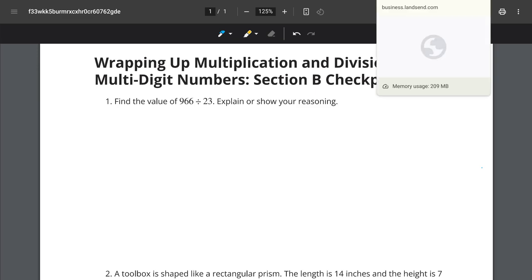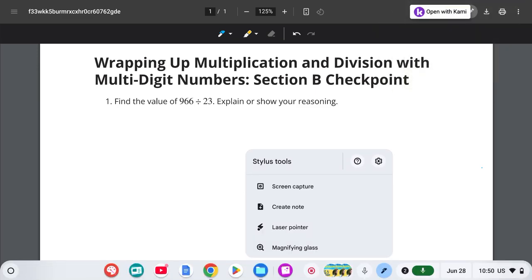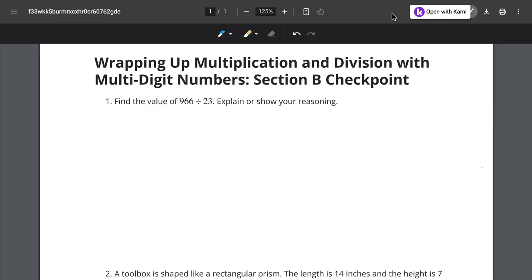Good morning, mathematicians. We are looking at our section B checkpoint, and in this checkpoint we are going to be thinking about dividing with our partial quotients. In number 1, we are to find the value of 966 divided by 23, and we shall explain or show